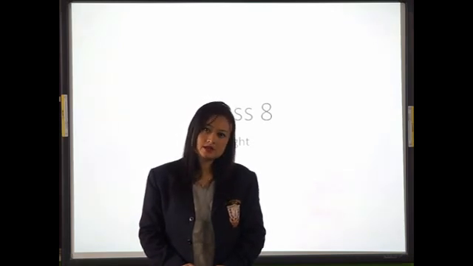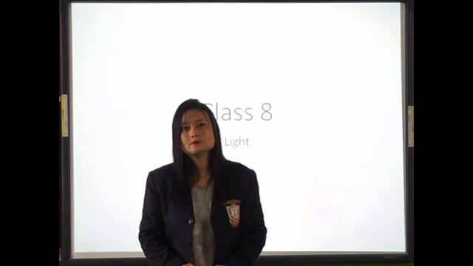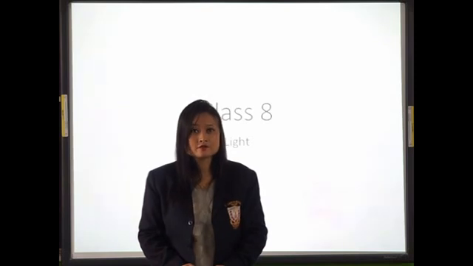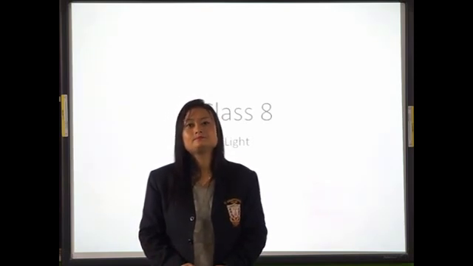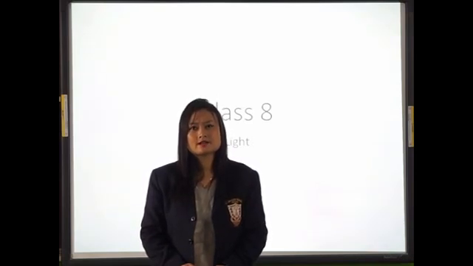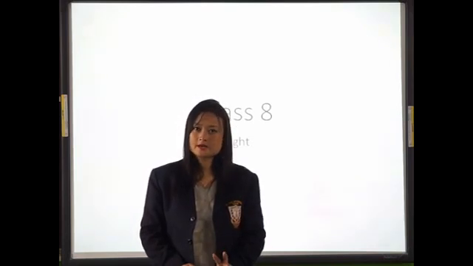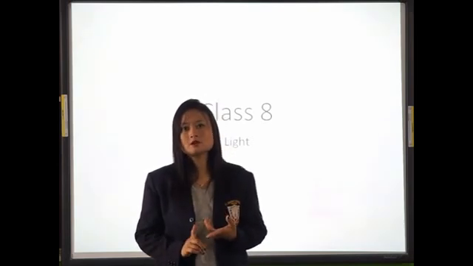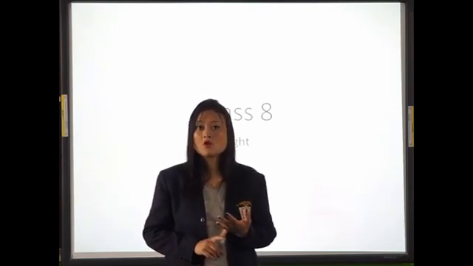In the beginning, we learned about refraction, then the terms related to refraction, then the effects of refraction, then refraction through a rectangular glass slab, then refraction through a prism, then how a rainbow is formed, dispersion, isn't it? Then in the last class we learned about spherical mirrors, the two types of spherical mirrors, concave and convex. And we learned the important terms related to the mirrors, that is center of curvature, principal axis, pole, focus, focal length,